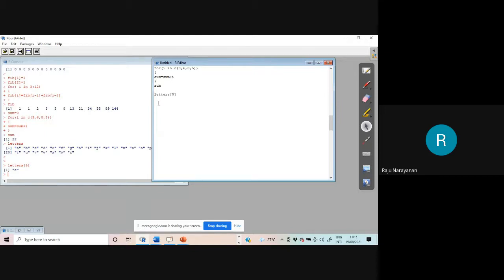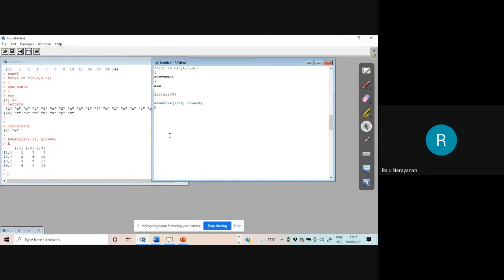Where is our matrix? Let it be A. A is equal to matrix. For the time being, I am taking 1 to 12. Okay. N row is equal to 4. I am not worried about whether it is row wise or column wise. Therefore, this is a matrix.